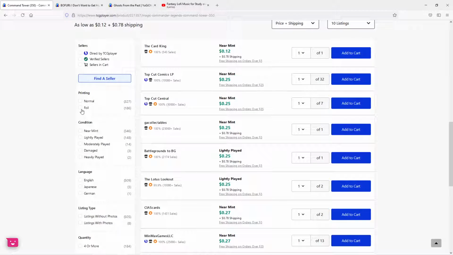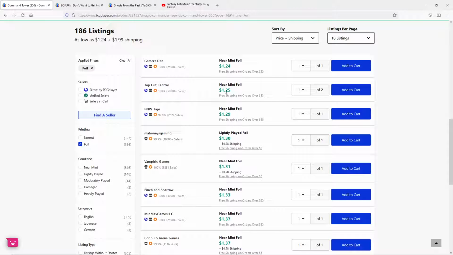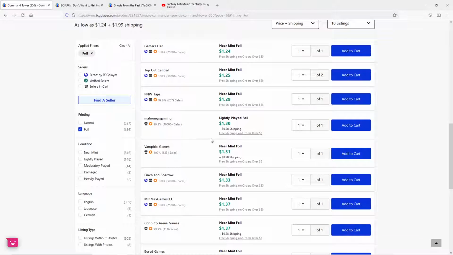Let's see here, foil. So I definitely get $1. Not even that bad. I gotta add this to my cart. I'm definitely gonna do a big order. So I'd like to get the foil. But the thing is,